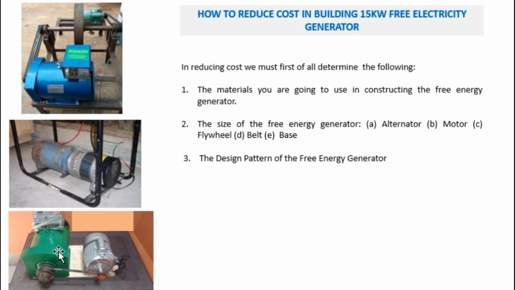So for you to reduce cost, you must cut down the materials used. You must cut down your materials. And for you to do that, you must consider three things. Number one, you must consider the alternator you use. The size of the alternator is very important, because if you are going for 200 kVA,